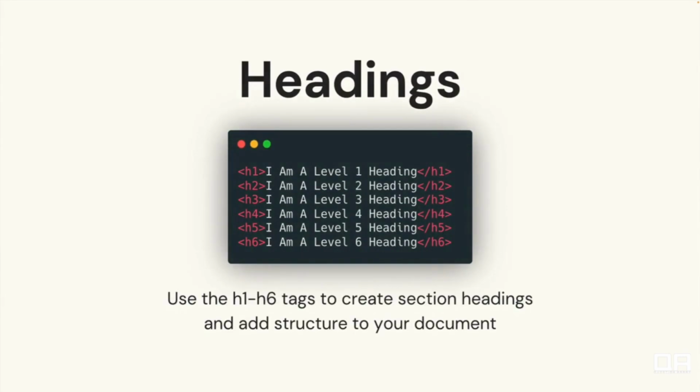Next up, we're going to learn 6 new elements. Well, technically we've seen one, which is the H1. So we're going to learn 5 new elements. These all have to do with creating headings. They go from an H1 down to an H6. And these headings are used to add structure to our document, to add, well, headings, and to designate section headings